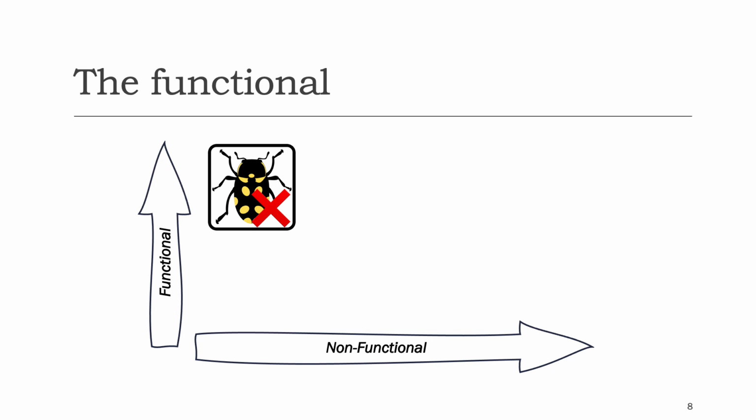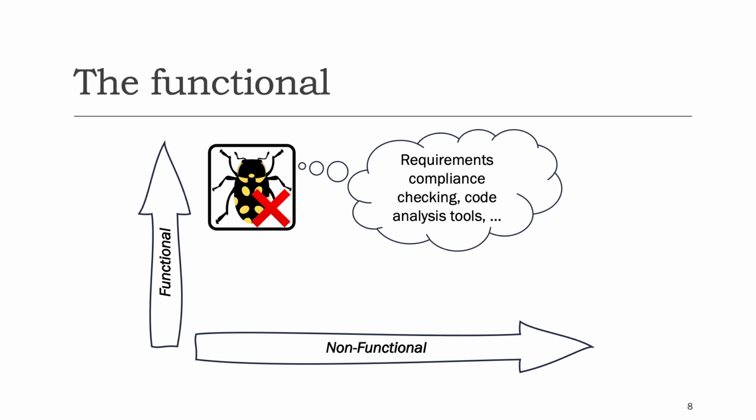So let's talk about the so-called functional dimension first. In the functional dimension, software quality means the fact that the software is free of errors, that is, free of bugs and vulnerabilities, including missed or misunderstood requirements and errors in the design, functional logic, data relationships, process timing, validity checking, and coding errors.